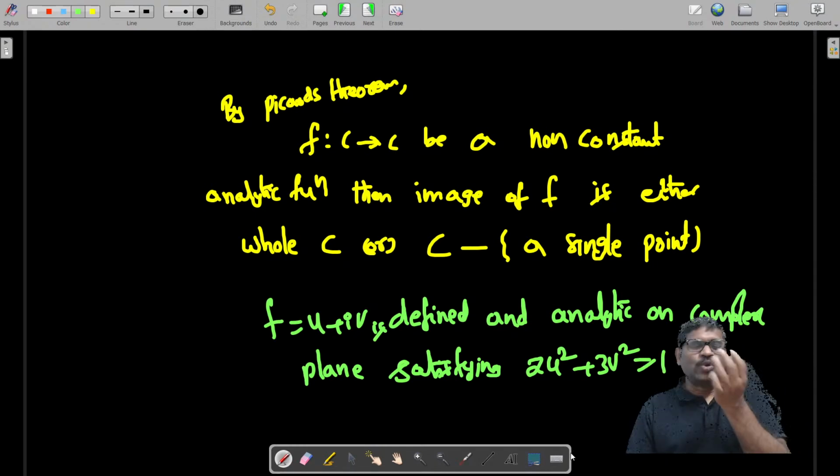So 2u square plus 3v square equal to 1 is not same as